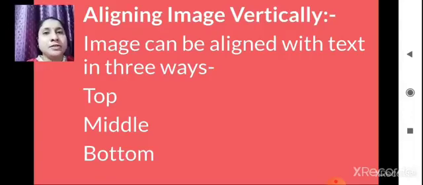Where you have given the image top, below that the text will appear, and if you give middle, then below that middle image the text will appear, and below that bottom image the next text will appear. It will not appear like this. You cannot align the image with text. Got it? Aligning an image vertically means you can display the image in three ways, top, middle and bottom, vertically. Got it? Yes, okay.